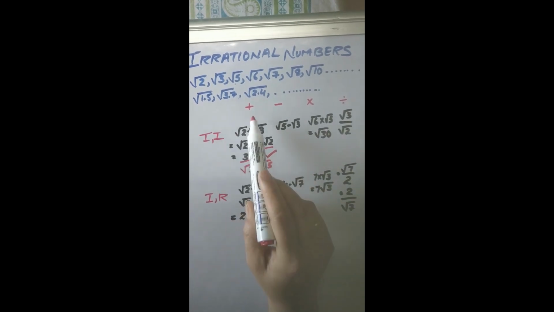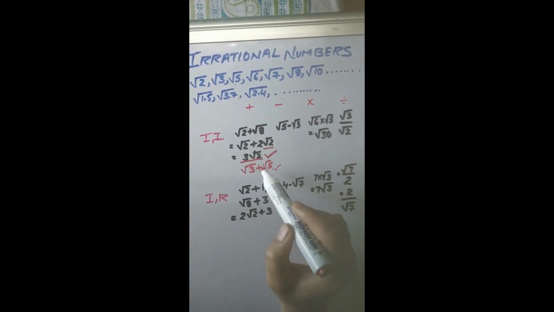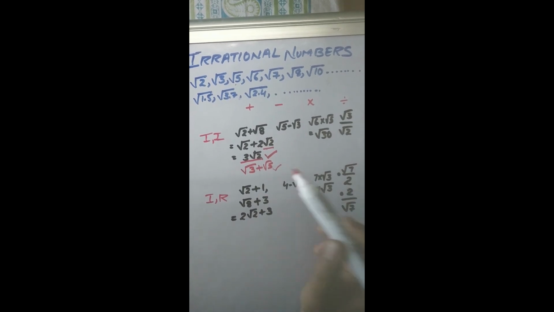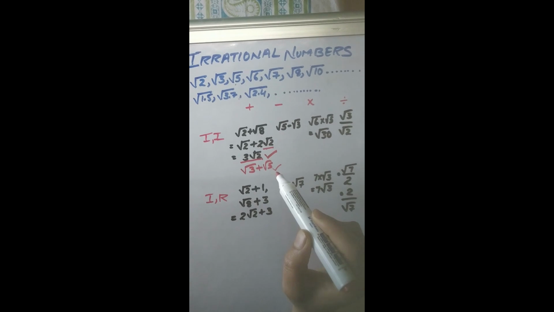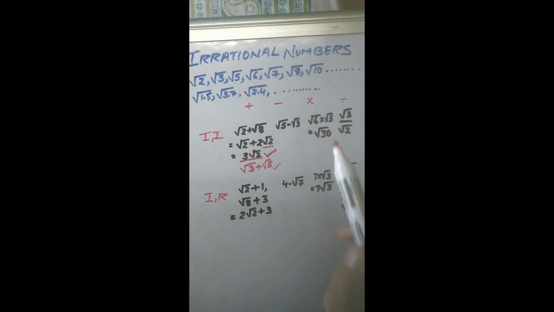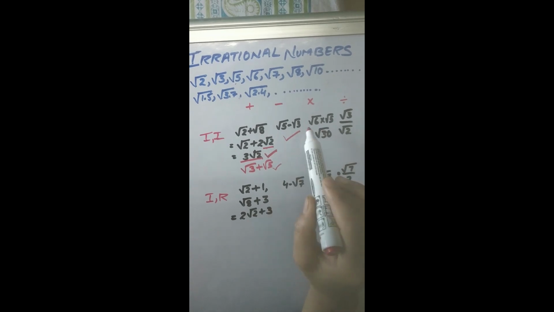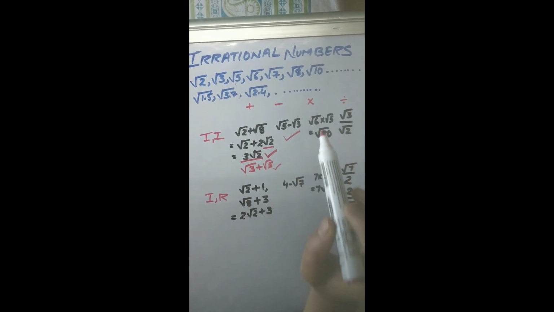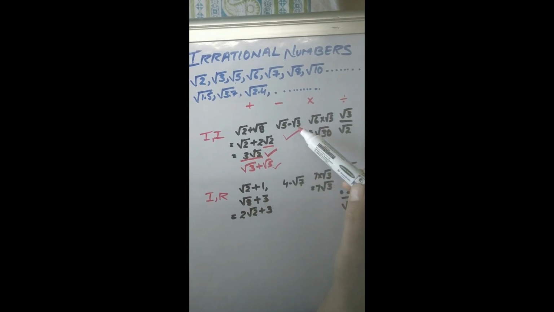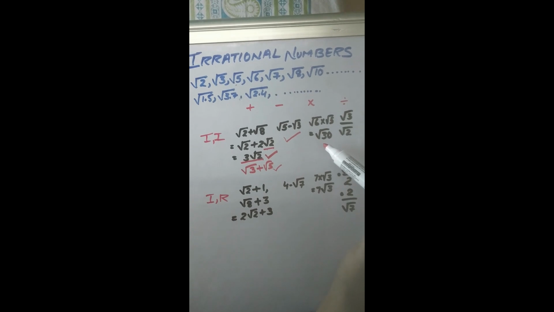So yes, the results obtained under addition are new irrational numbers, somewhat more complex numbers, which we are able to locate on the number line. So we do know what these numbers are and how big they are. Similarly, can we locate root 5 minus root 3? Yes, we can. You just have to go root 5 units on the number line in the positive direction, and then from there move backwards by root 3 units, and both of these units can be generated through right angle triangles.